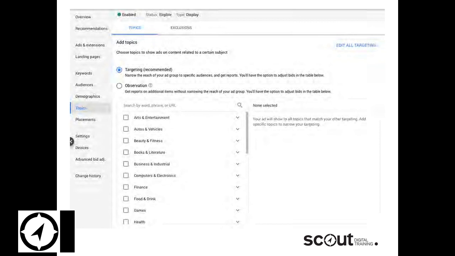And this screenshot's a bit crunchy, but I mentioned the topics and placements that you can use with Google Ad Campaign networks as well. So topics are essentially the same as interests for Facebook. You can go through and choose what type of topics the browsers are interested in. This is something important to keep in mind with Google Ads and the way they've changed their placements